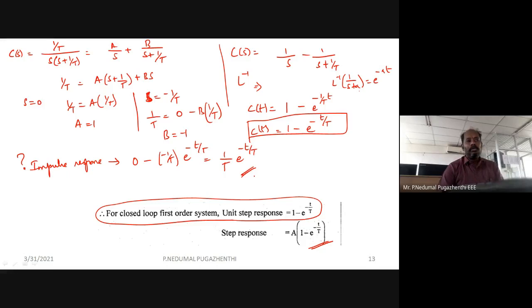If you want to get the ramp response, you can integrate it. If you want the parabolic response, double integrate it. Got the idea? So for a first order system, if you want to get the time response analysis for a unit step input, you can directly work on it like this, using the mathematical derivation we have done so far. The same way, instead of T, you may have a number, and your transfer function may have a different form, and based on that you are supposed to work on it and find the time response analysis in a problem.